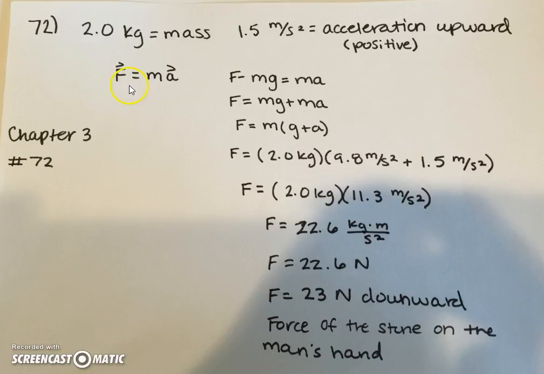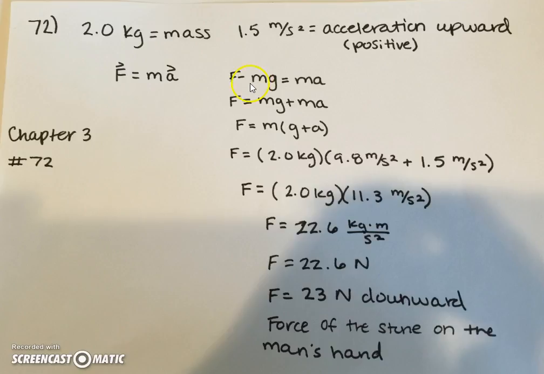To begin, we start with Newton's second law, which is force is equal to mass times acceleration. Now, because the stone is being lifted by the man, there are only two forces acting on the stone. There is the force exerted by the man on the stone, and then the gravitational force, which is pulling it down. So, because these two forces oppose each other, they will cancel out, and so that is why you can substitute, or they will equal the net force, and that is why you can substitute mg into the F equals ma